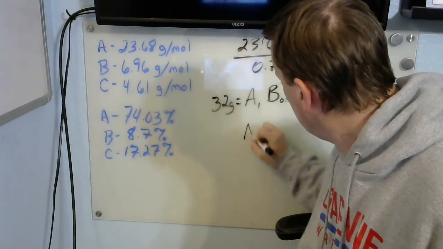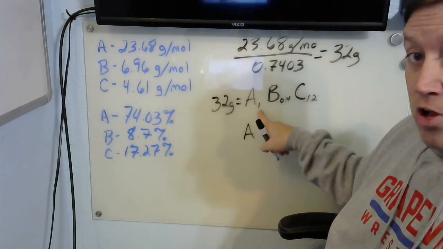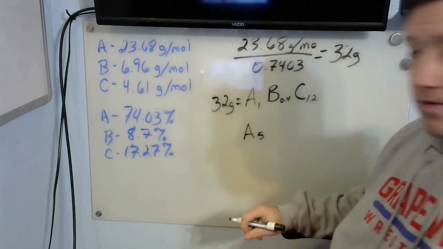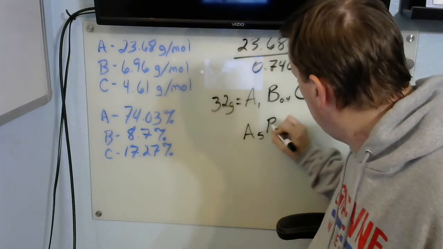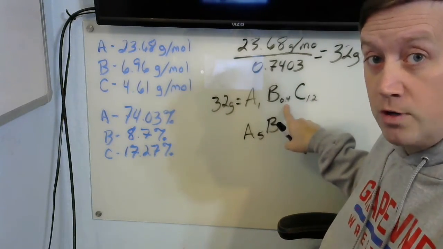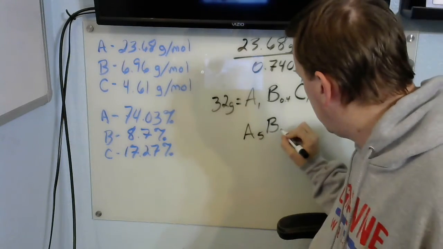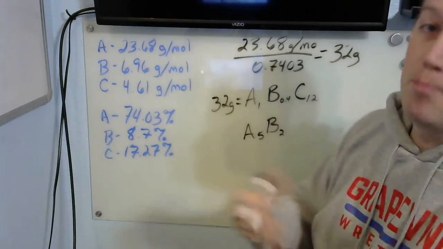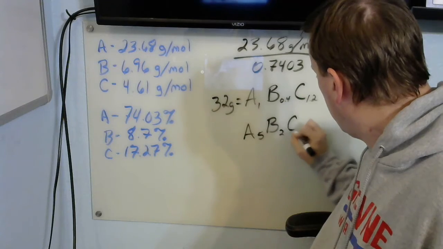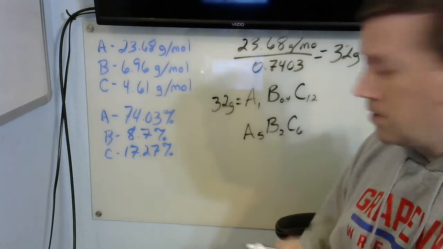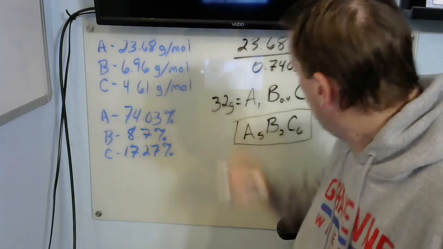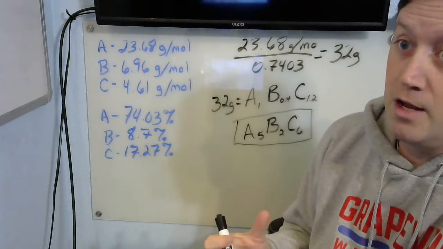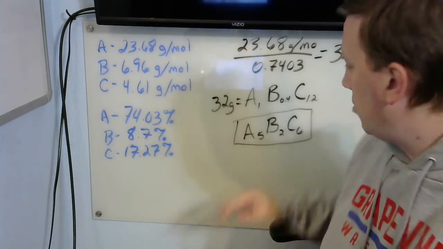So A, in this molecule here, we had one atom of A. We multiply that by 5 to give us 5. B, up here, this molecule had 0.4. So we're going to multiply that by 5 to give us 2. And then this last one, C, 1.2, multiply that by 5, and gives us 6. So this here is using all the information here. That's the most simplified molecule that we can